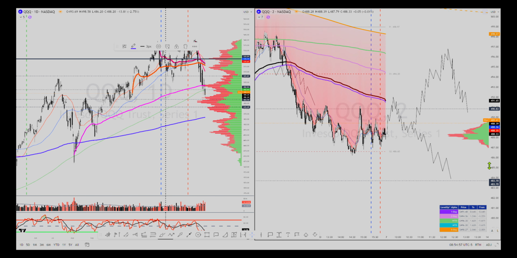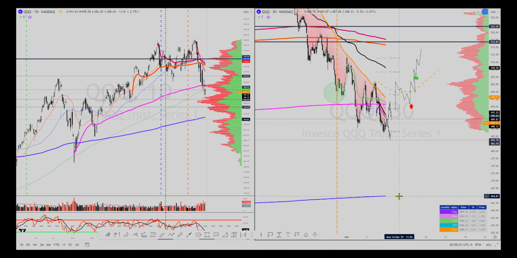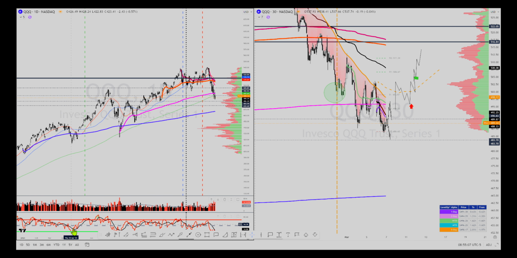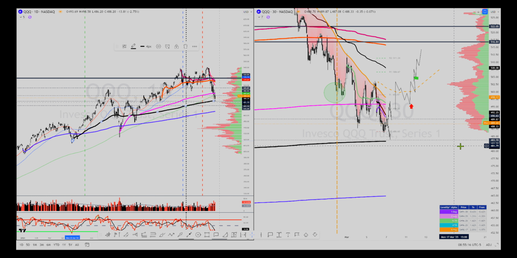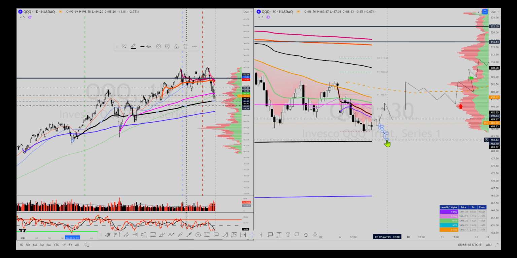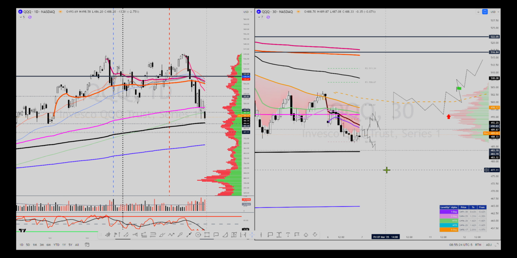You can see here in the 30-minute time frame, this VWAP comes down to 460.481. It's right here, same price. So if we were to put a VWAP here and sync this up and layout, it's kind of where we mapped our decline out based off the VP node there. So those are some situations to monitor for today.